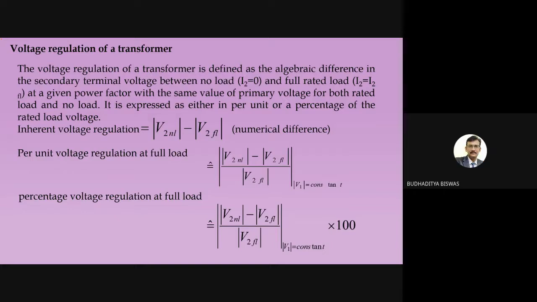Copper loss does not depend upon the power factor, because the power factor is the ratio between voltage and current, and the copper loss is the I square R loss. Based on the power factor, other things are dependent, like how much active power and how much reactive power there is. But the loss does not depend upon the power factor, because this is a resistive loss. Resistance never depends on any power factor or angle.